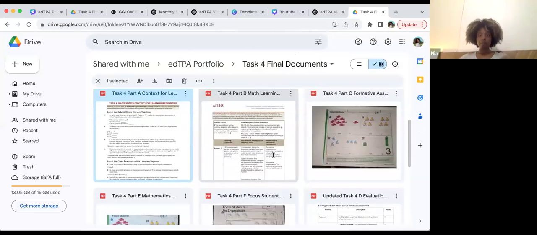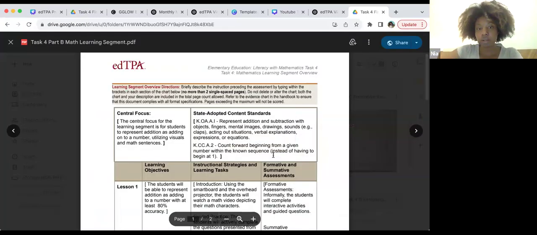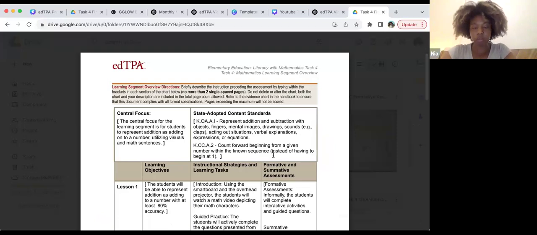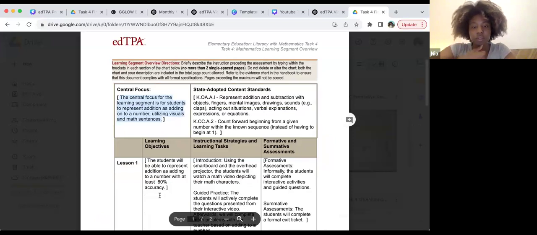In part B, to review this, make sure, of course, you're not going over the page limit. Make sure that you don't have a lot of standards for this. I mean, this is constant throughout your whole portfolio, but make sure everything that you have makes sense and connects. And a common thing I've seen is sometimes the central focus not matching what the lessons are about. So make sure it matches. I know that sounds silly, but